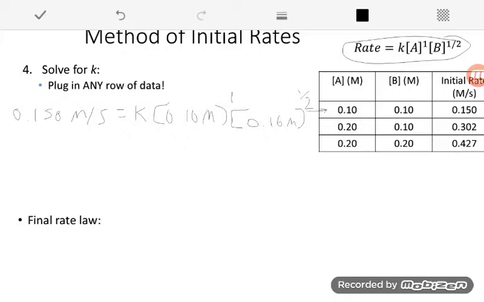So what I'm going to do on this side is I'm just going to plug the numbers into my calculator. I still got my k out front. That's 0.1 times 0.1 raised to the power of 1/2, and what I get is